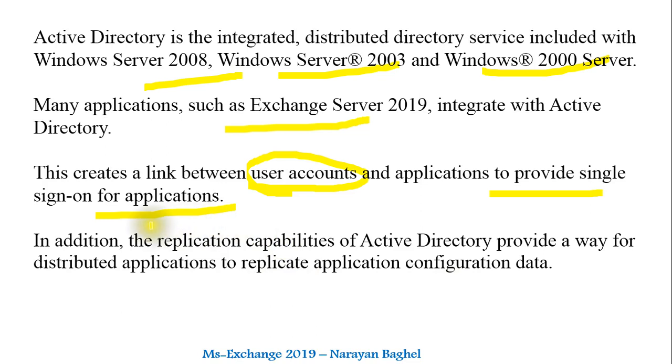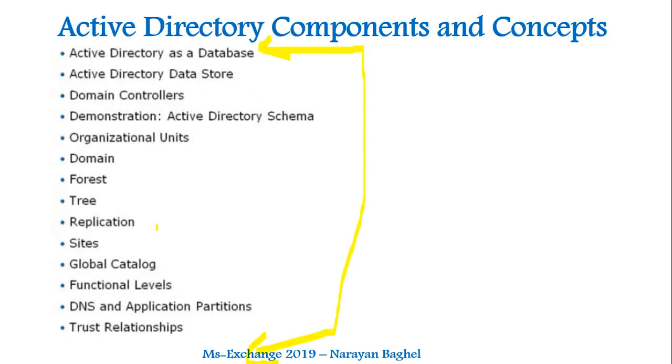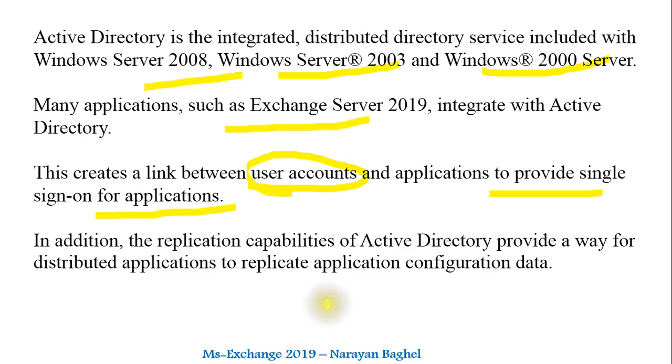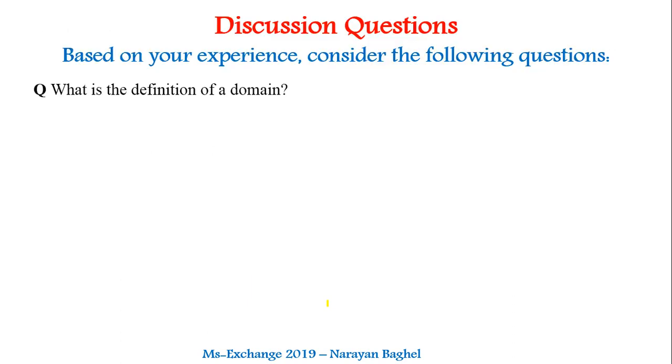So you can go forward a little and you can see this is a component. Replication is a component of Active Directory as well as a process. It helps in distributing configuration data, application configuration data, to all the servers or all the users wherever it has to reach. It helps to replicate those changes in your infra.